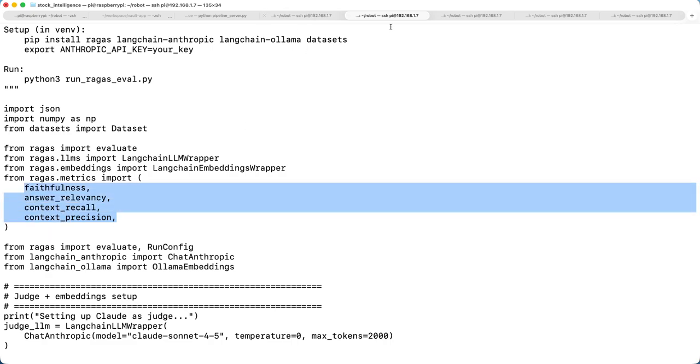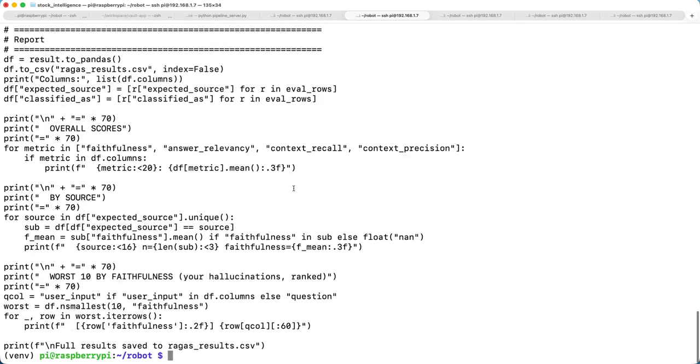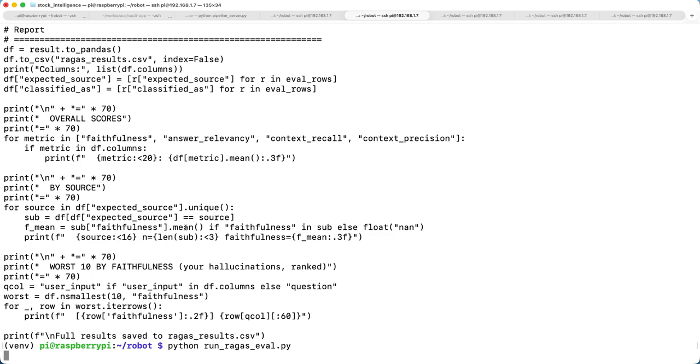So now I am going to run this file. Because every metric is making calls to the judge, if I run with all 60 questions it will take a lot of time. So I have selected only 3 questions and I'm going to run against that. So how that works, basically: